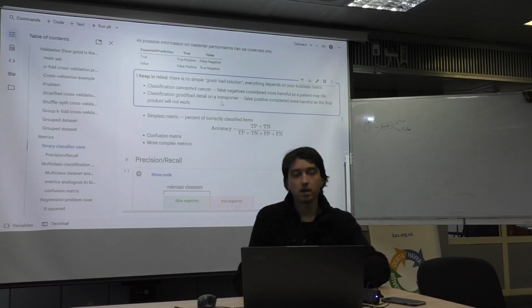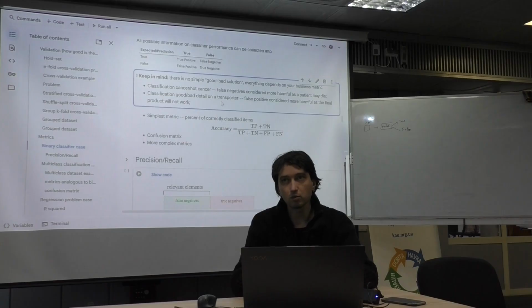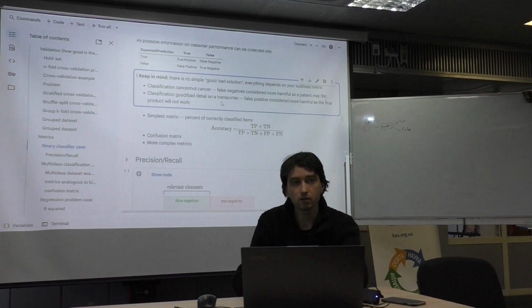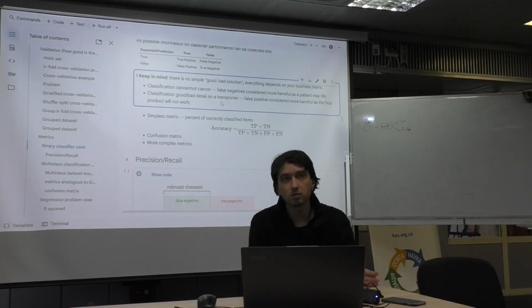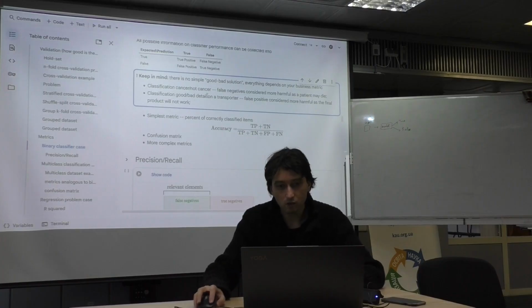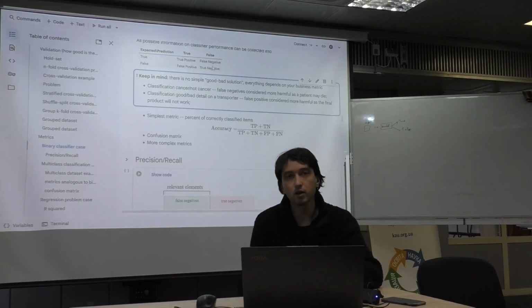You might guess that if your model sometimes makes mistakes, it's probably better if it sometimes tells you you have cancer when you have not, because you will just do some checkup with doctors and nothing bad will happen, than the case when it makes mistakes, like telling you that everything is okay when you have cancer, because in that case you will just die. So probably these numbers are not equivalent,